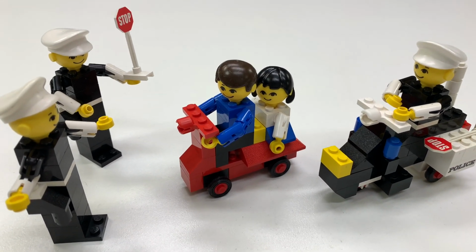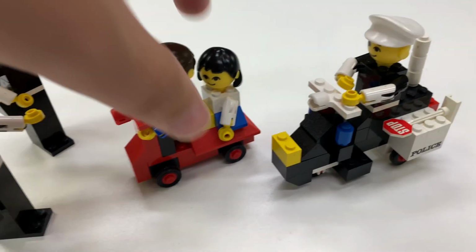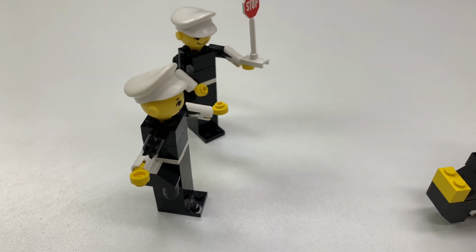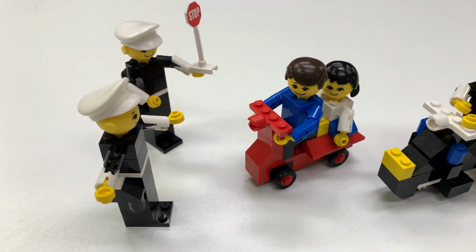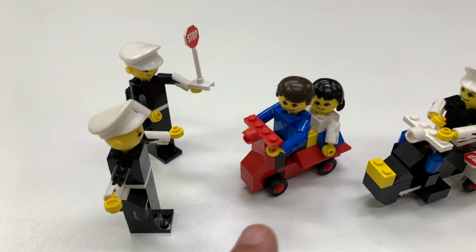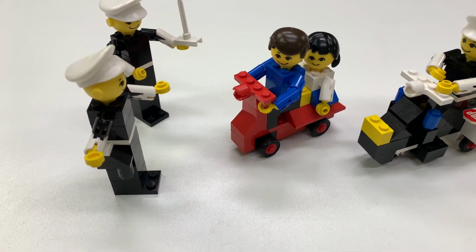Alright, so anyway, hey, it's Jabbo, and I got a couple of vintage sets here. We got set 256, which is everything but this. That is actually the policeman and motorcycle. And then we got set 199, which is just that, the scooter. It came out around 1976, 1977. I think the scooter technically is 1977, and the policeman and the motorcycle is